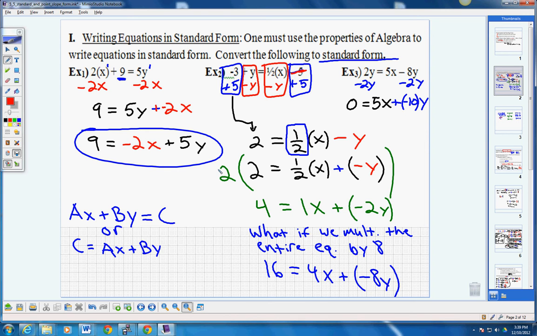So some people ask, well, why do we have to multiply it by 2? Couldn't we have multiplied it by 8? Well, yes, you could have. And that would have gotten you 16 equals 4x plus negative 8y, which is the same linear equation. I'm going to show you exactly why it's the same on the next slide, where you can pause if you really want to look at the work that I did to prove that. Again, negative 3 plus y equals 1/2 x minus 5 is what we started with. Just so you don't second guess me, that was 1/2 x minus 5. So if you look at the next slide,